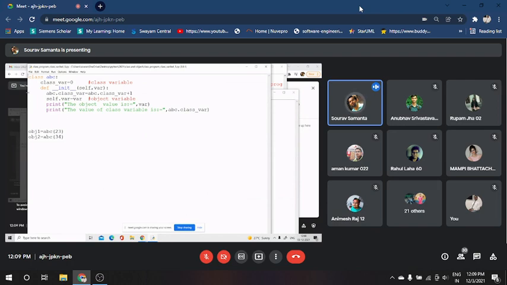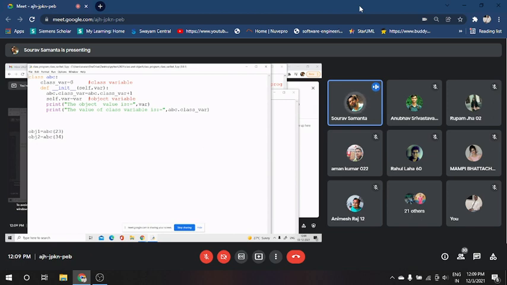So here we have taken one class ABC. It is simply declared with the class keyword. Now I have taken class underscore var equal to 0. Fine. Now we have defined another method, that is __init__ with self comma var. Now ABC dot class_var equal to ABC dot class_var plus 1. So basically it is the increment operation.